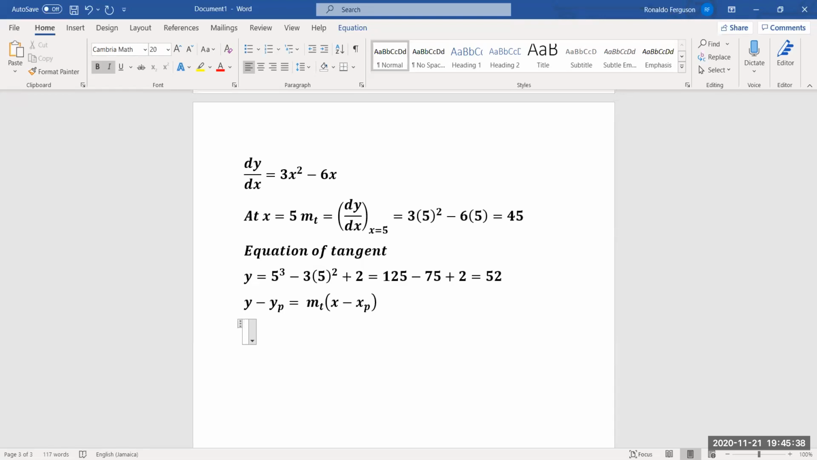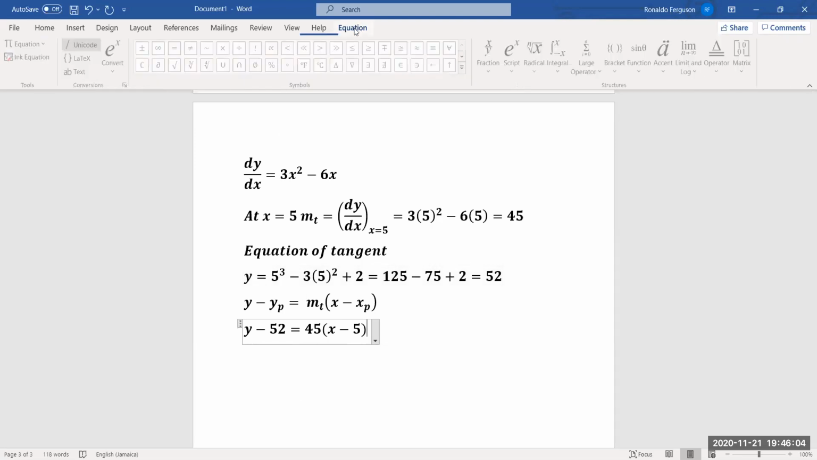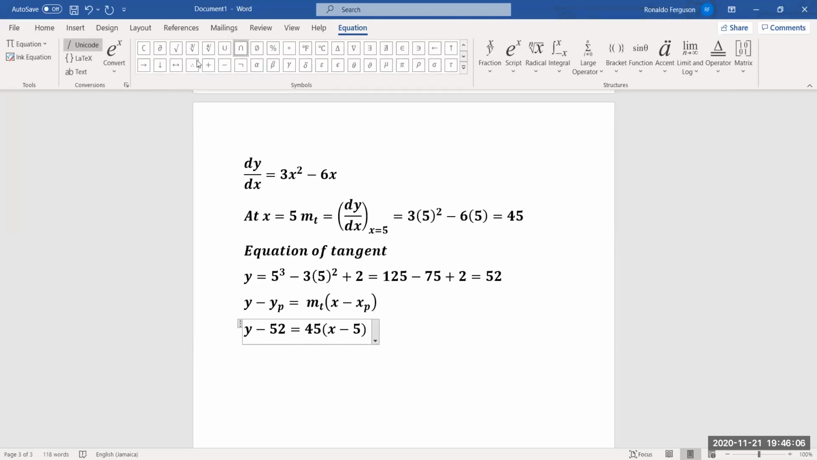y minus 52 is equal to 45 times x minus 5. Good. So that's indeed the equation of the tangent. So if you want, you can simplify it. You can go further and simplify it to get that y is equal to,